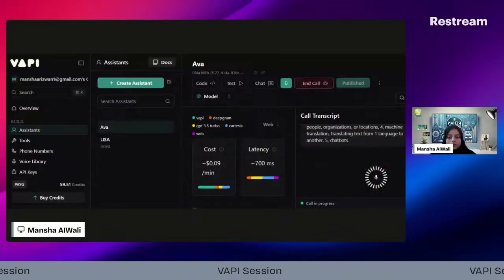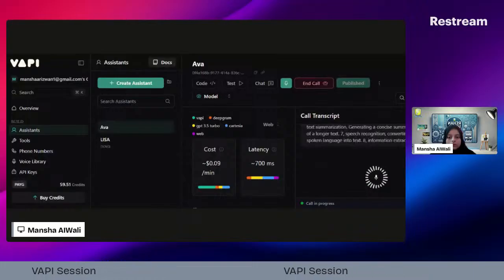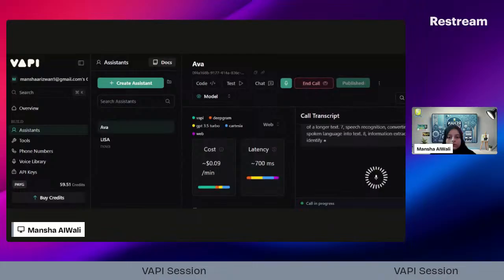Chatbots. 8. Information extraction, identifying and